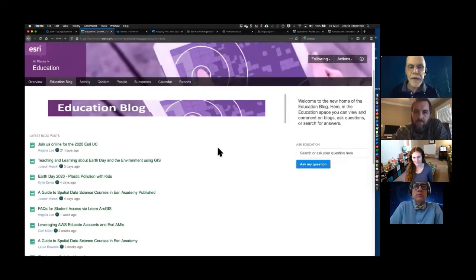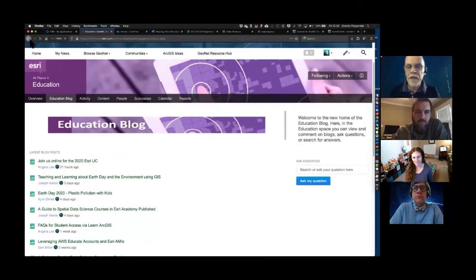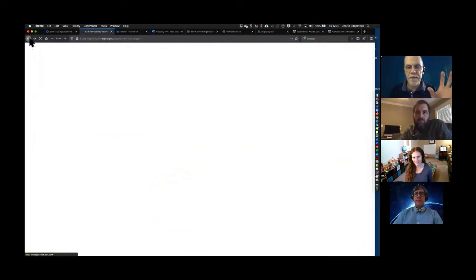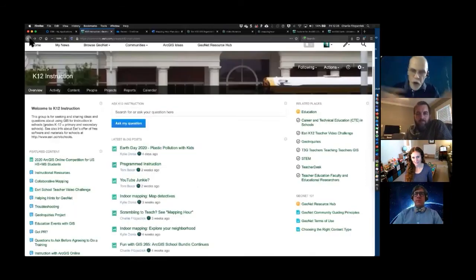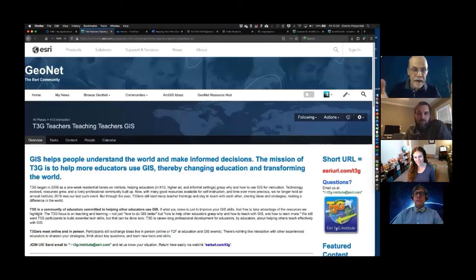This is a place where you're going to want to attend. You're going to want to jump into these zones, because the GeoNet area is where you can go. You can talk with other people that have interests. You can find groups to hang out in. You can find people that are using the tools that you're using, that are in the user community that you're in. And one of the communities in here is our T3G group, Teachers Teaching Teachers